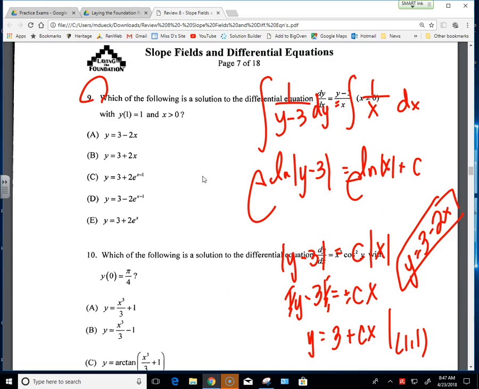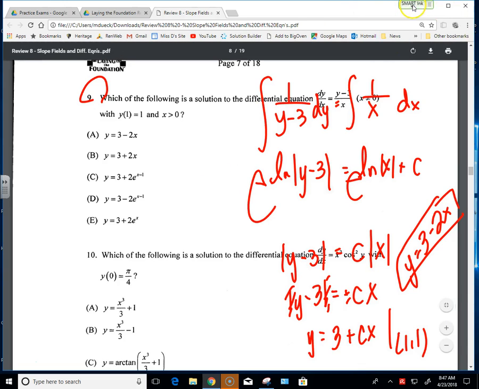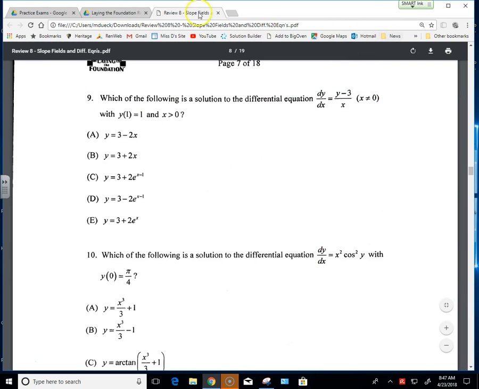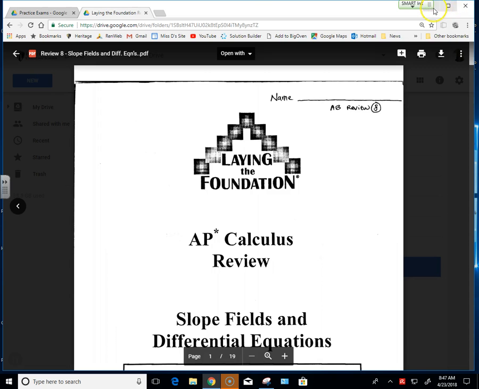Sorry, imaginary bell ring. Tomorrow will be spot check in 8 and 9. Oh, I didn't give you